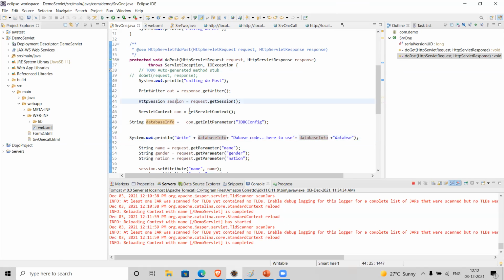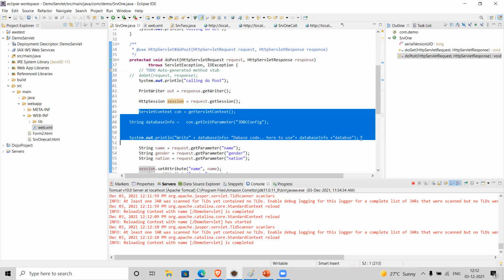Similarly, I need the same database related information in SRV2, that's why I'm adding this piece of code in SRV2 also.